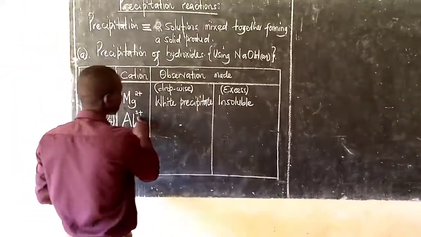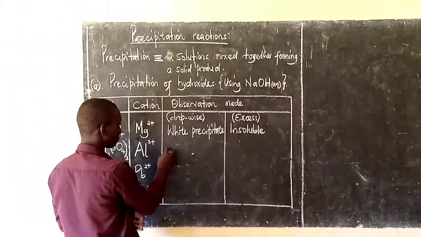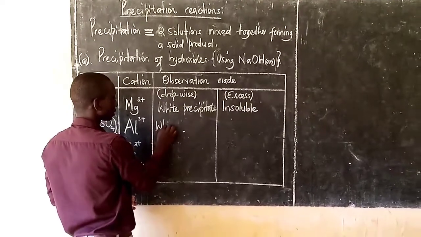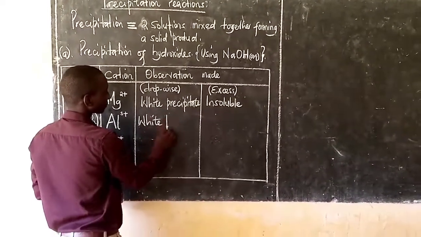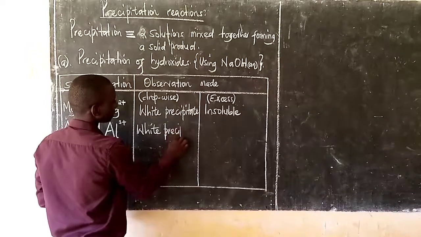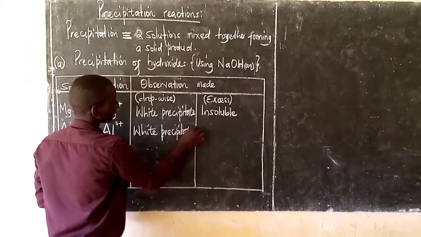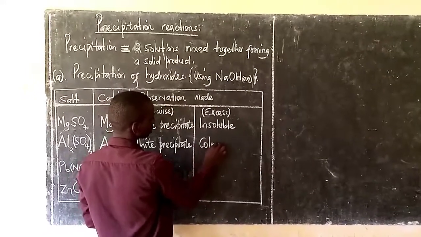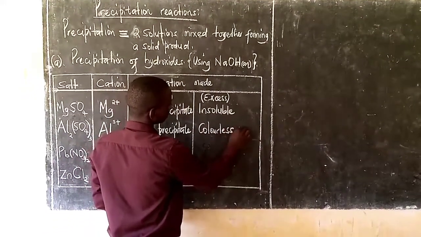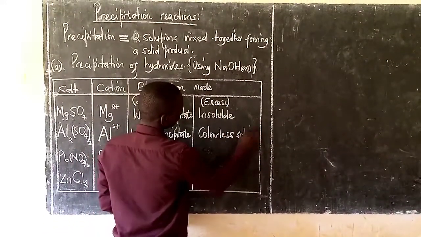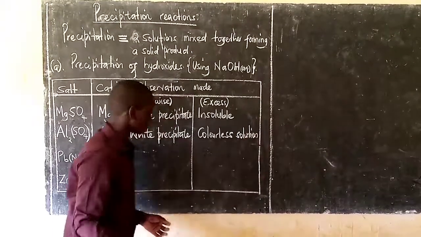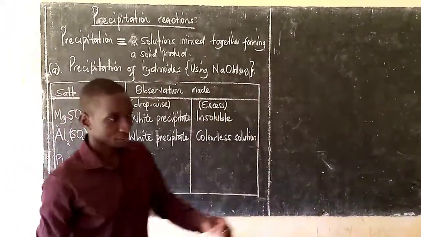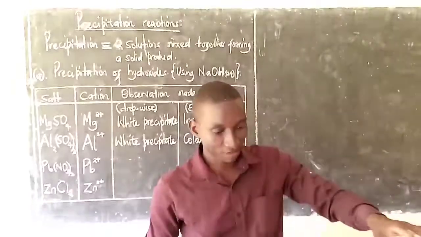So we come and report what we have seen. For aluminium 3+, the observation in dropwise addition is a white precipitate. Then in excess, what we have seen is a colorless solution. Colorless solution is what we have seen. That is for aluminium. Next, we come and bring